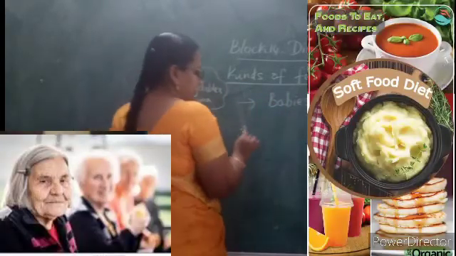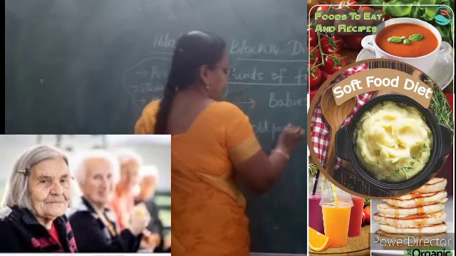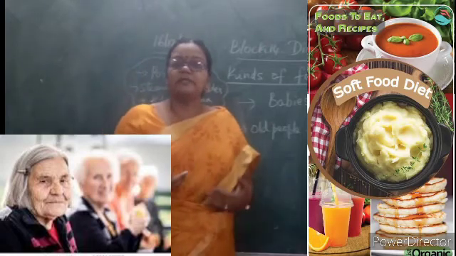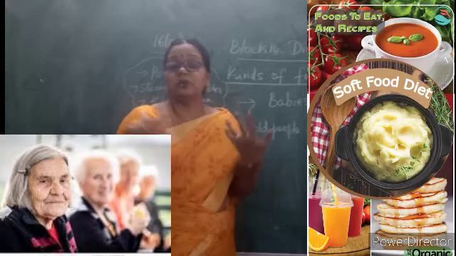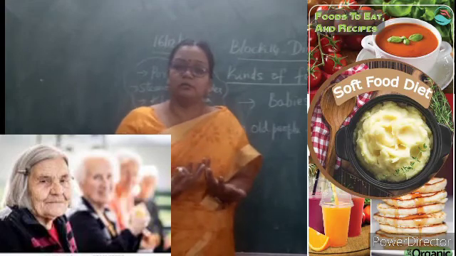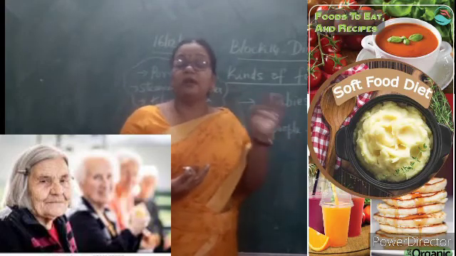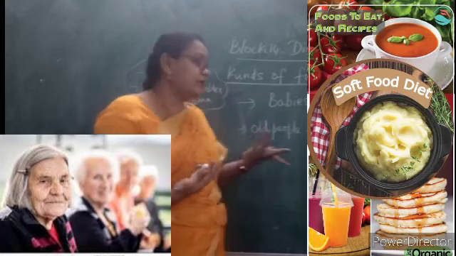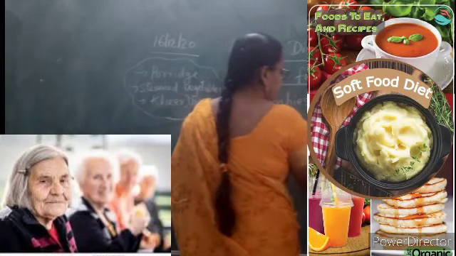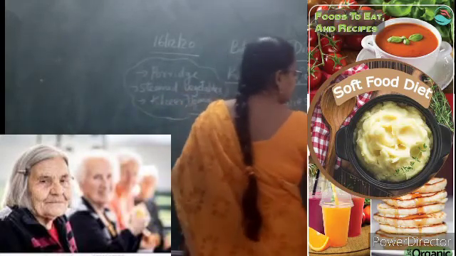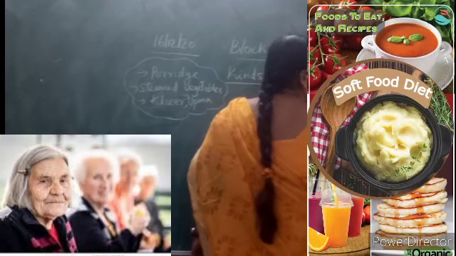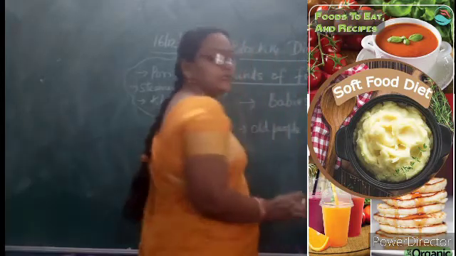If old people are there, old great grandparents, even as they are growing old, as you learned about this in the second class also, their body cannot digest all the hard food. They cannot digest oily food items like puri, vada and all. They can't eat more. Sometimes they will eat them, but regularly they should be given soft food. Like in this, you can see, they can be given kheer, upma, soft upma, steamed vegetables, very well cooked meat, soup and all, so that it will be easily digested and they can be healthy.